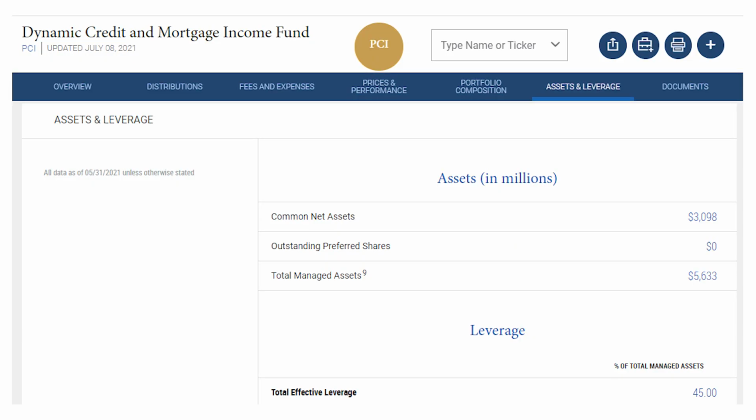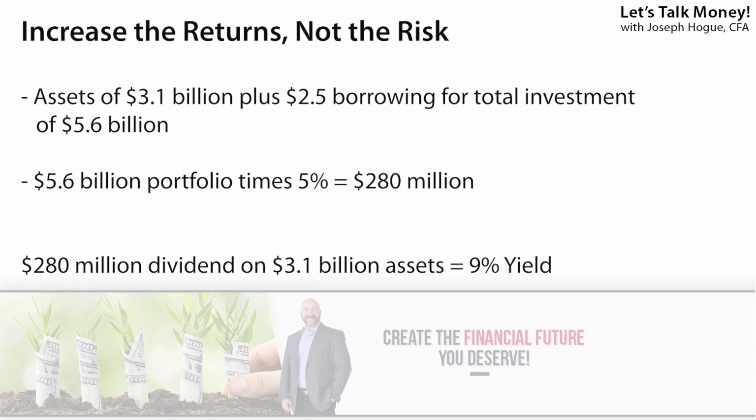And here we see the fund has about $3.1 billion in assets, but is investing $5.6 billion. So it's borrowing that additional $2.5 billion on those assets to invest and then increase the return. So for example, it might be getting something like 5% yield on the portfolio. So the investments themselves only pay 5%. But if it makes that on that $5.6 billion, then that $280 million dividend is like 9% return on the